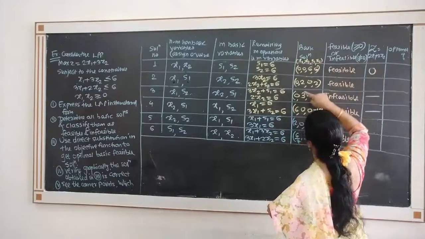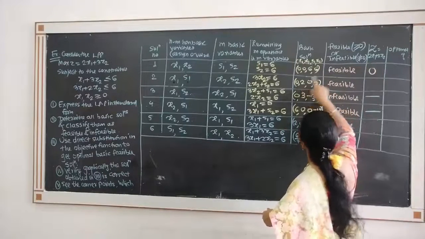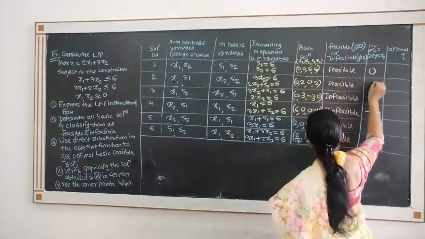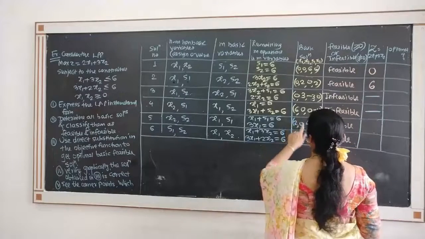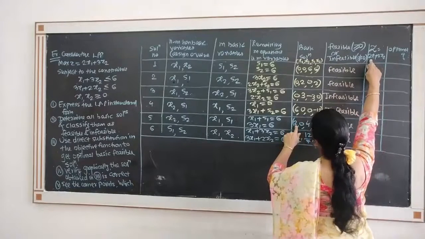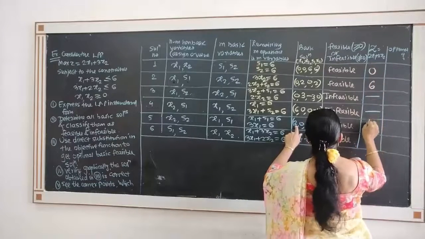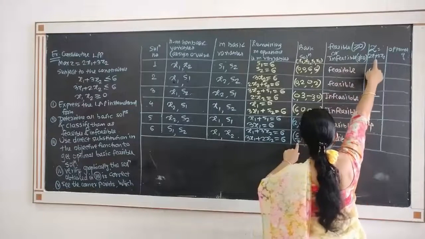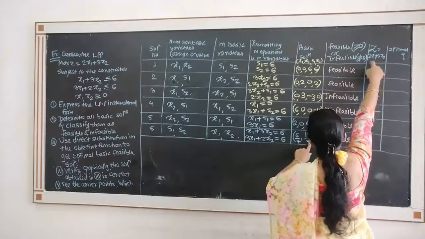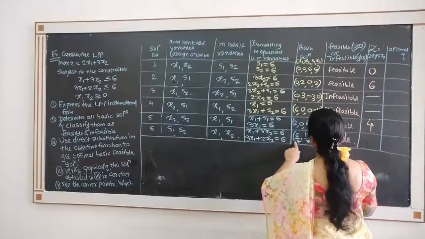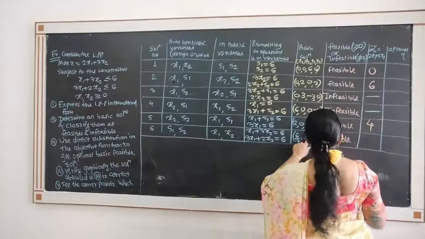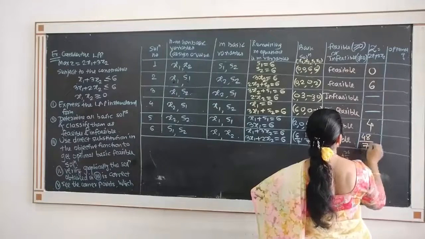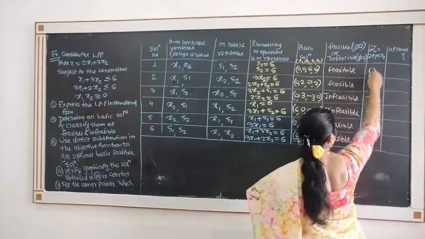Now see here, the next solution, we are putting x1 to be 0 and x2 to be 2 and therefore 3 into 2 becomes 6. This solution is 6. In this case, we are putting x1 is equal to 2 and therefore 2 into 2 solution becomes 4. And in the last case, we are putting x1 6 by 7 and x2 12 by 7. So we get 2 into 6 by 7, that is 12 by 7 plus 3 into 12, that is 36 by 7. The total answer comes to be 48 by 7 and therefore we get a value of z.